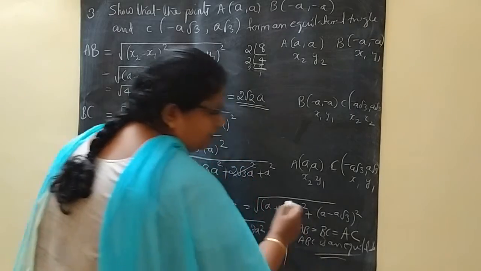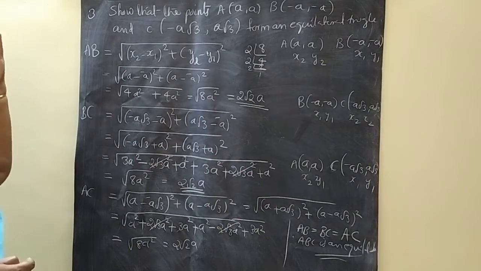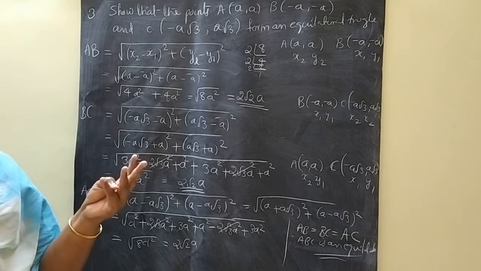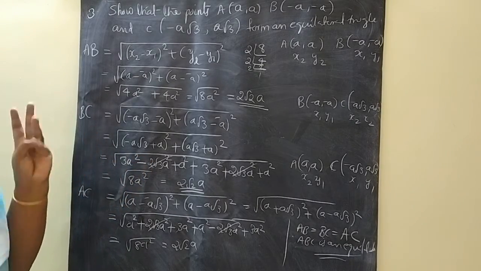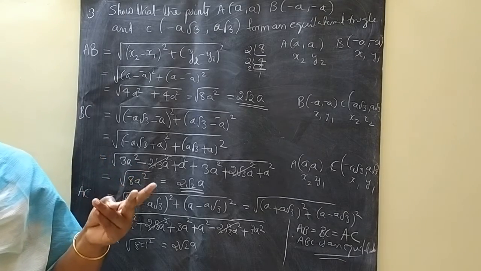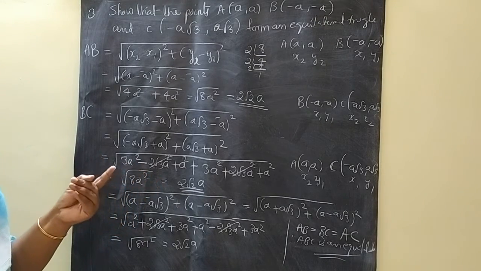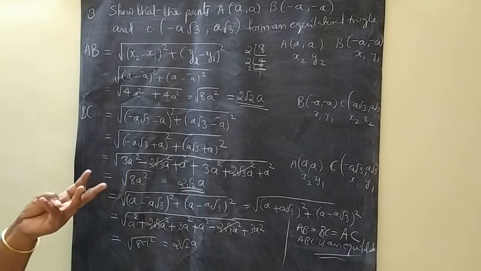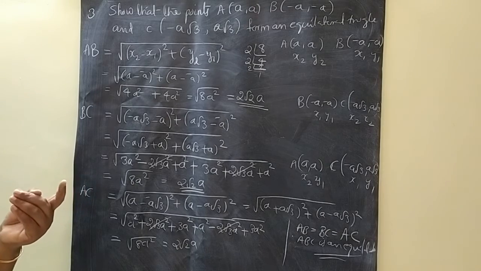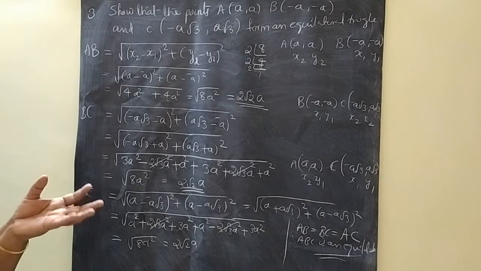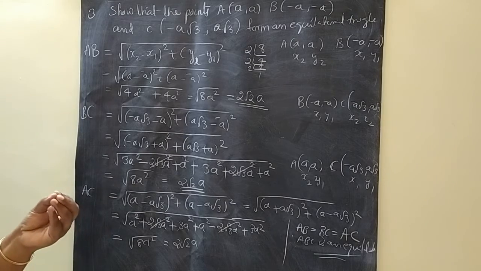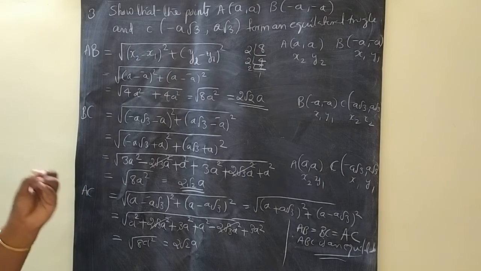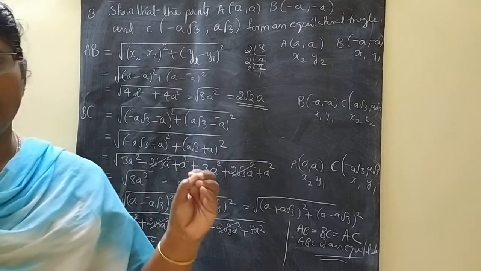Okay, so this type of question, sometimes it will come as an isosceles triangle. We did one such question. And this question is an equilateral triangle. Sometimes they may ask for a right angled triangle. Then when we come to the quadrilateral part, they will ask parallelogram, rhombus, square, rectangle, everything. For all these things, you have to find the length of the sides by using the distance formula.